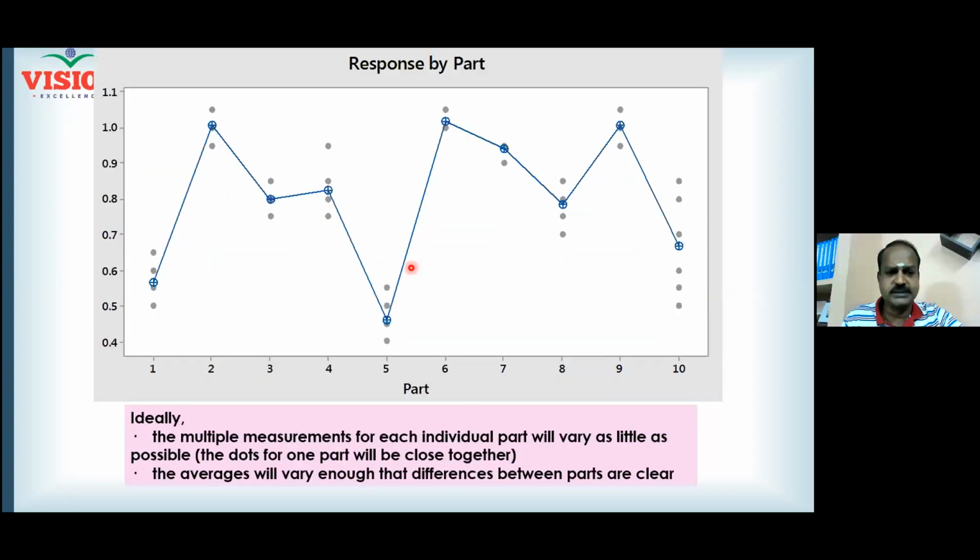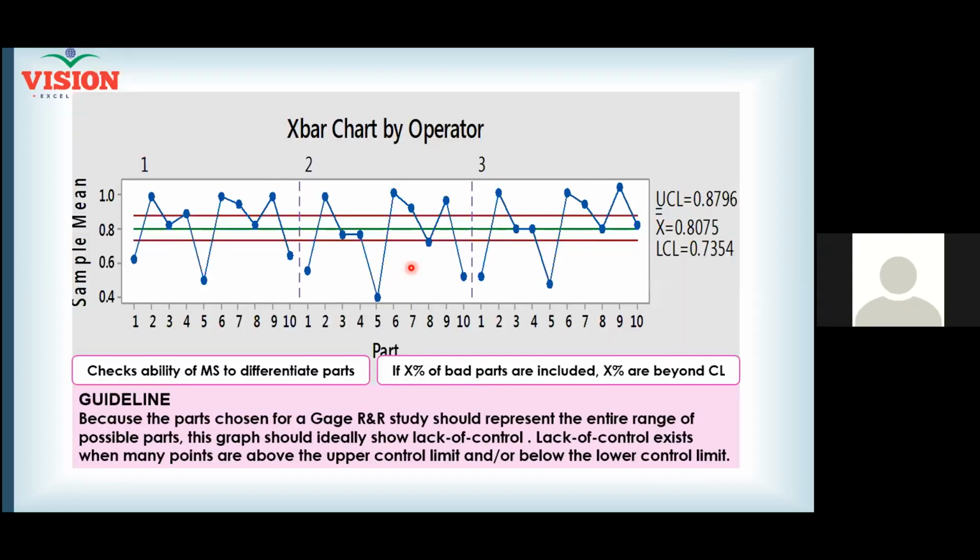Now the response. Sir, for our chart, you are saying this is within batch variation, and this is between batch variation. Here we will call it between appraiser variation. Two things we are checking. Between appraiser variation is also being checked. How? Can you see a pattern here with respect to operator 1? Can you see a similar pattern with respect to operator 2? Similar pattern with operator 3.